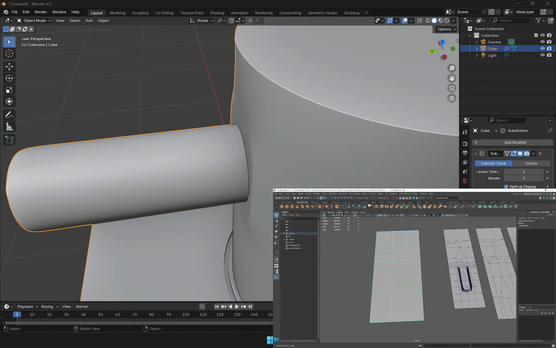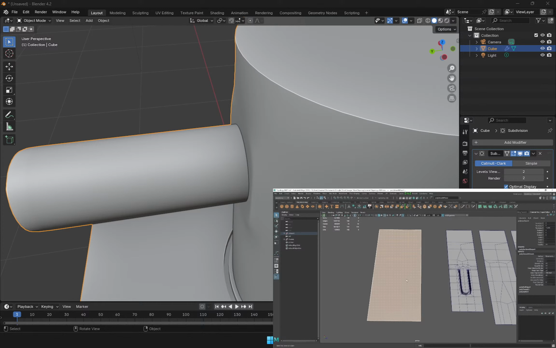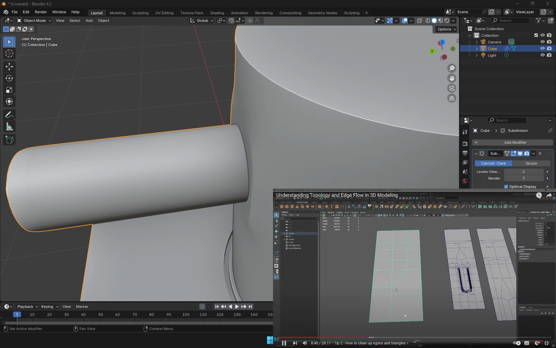Without that, before, if I go ahead and actually just delete this and go to the object mode and go ahead and smooth, you'll see it's going to try to do its best here, but it's giving us a little bit more uneven of a subdivision. Now, it's always going to subdivide its best to try to end up with quads, but if the subdivision algorithm has to account for a lot of triangles in that topology,